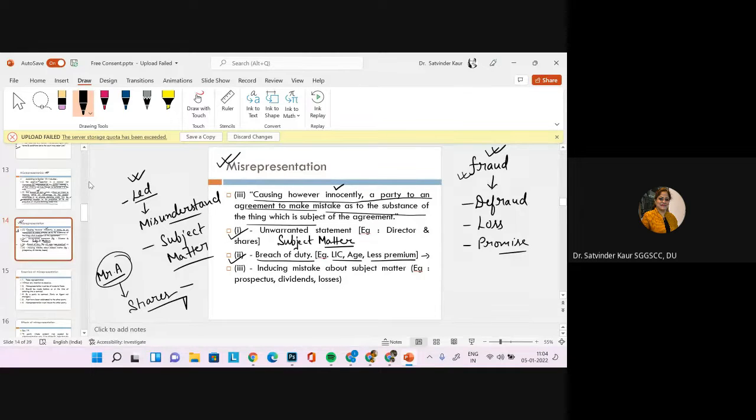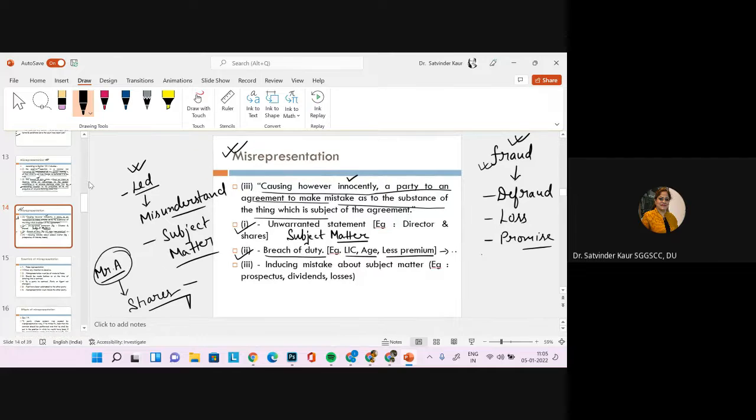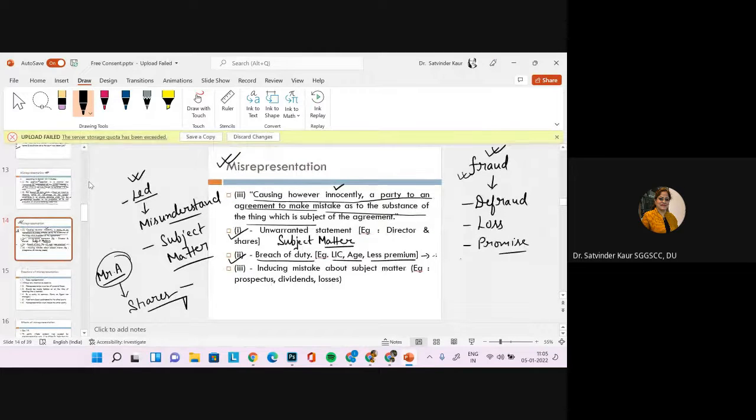So if it is being done intentionally, it would come under fraud. If it has been done unintentionally, it would be known as breach of duty. So you have not got your medical done, but you have just got it checked, and you were not even aware that this particular problem is going on in you, but you have taken the policy. So this is LIC. You can talk about the mediclaim or to avail other benefits as well. Then there can be mistakes about the subject matter as well.